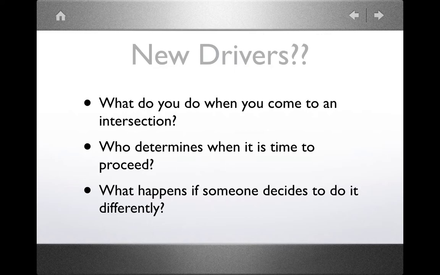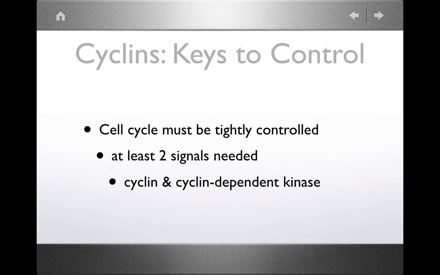So we talked about coming to an intersection as a driver, and we can think about the cell cycle as having these intersections as well. There will be places along the pathway going through interphase, mitosis, cytokinesis, where we would have a stop sign, so to say. And at that stop sign, the cell will look around, make sure everything's ready, and proceed through the stop sign if it's safe, or do something else if it's not safe.